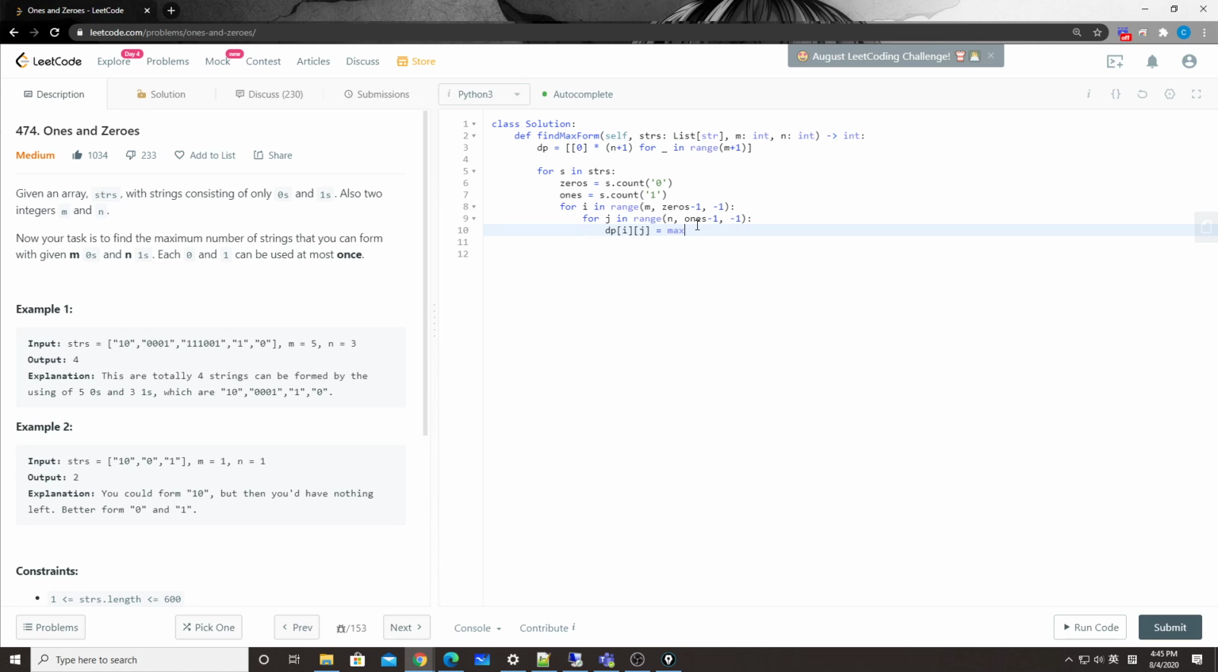And then the max here is going to be dp[i][j] and dp[i minus zeros][j minus ones], okay, right? And then plus one, right? Because